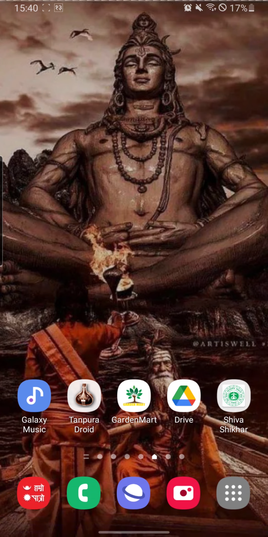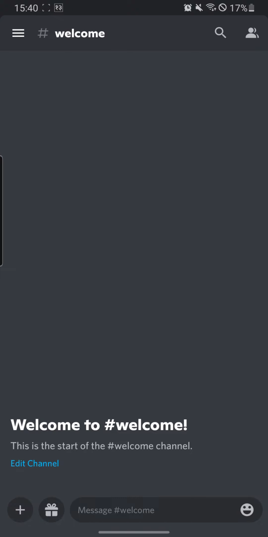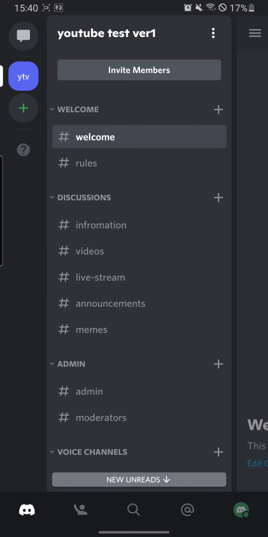And now to disable your Discord account from your Android phone, you must first open the application. After you have opened the application, on the top left corner of your phone you can see a button with three lines. Click over there and a certain interface will open, and at the bottom of your phone you can see